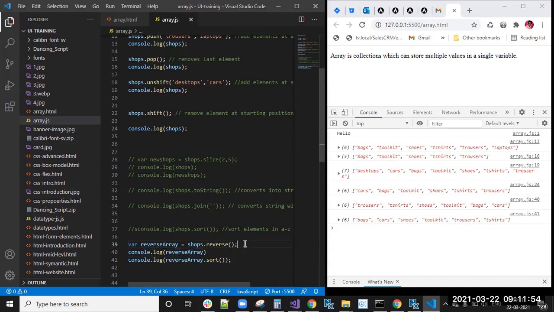Sorry guys, here we can easily do it: we can sort the elements and then reverse.